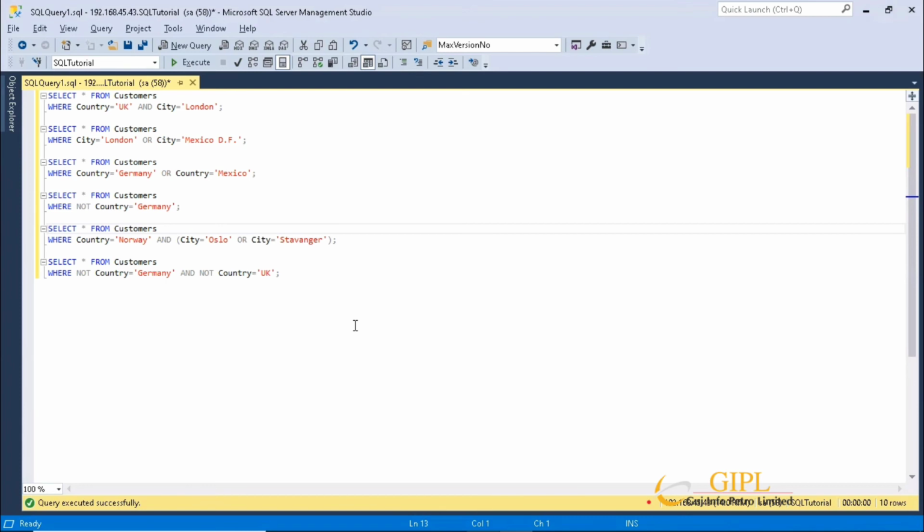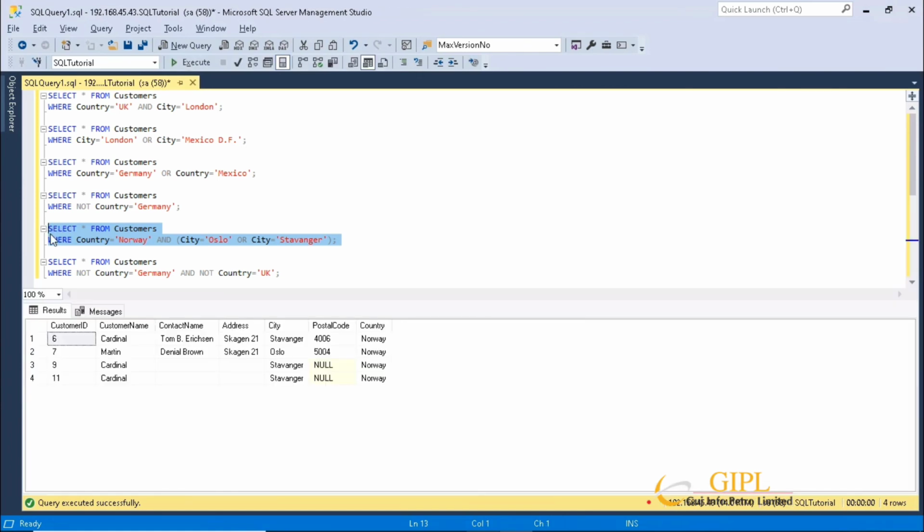Now we shall execute this statement and see the result. See, we have country fixed as Norway and city may be Oslo or Stavanger.